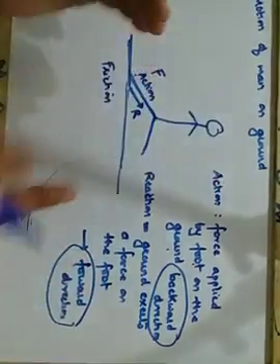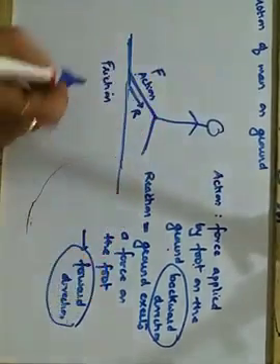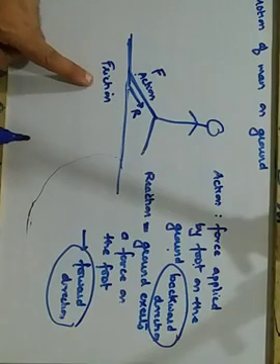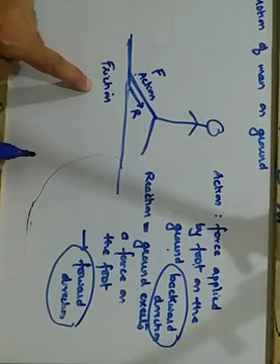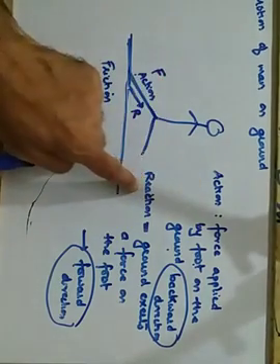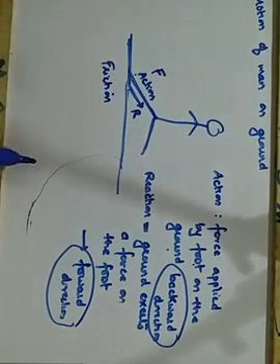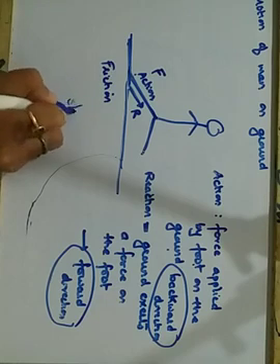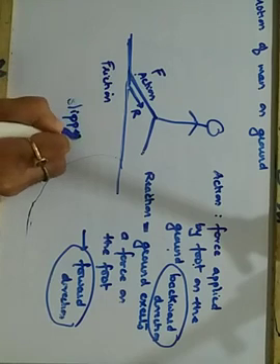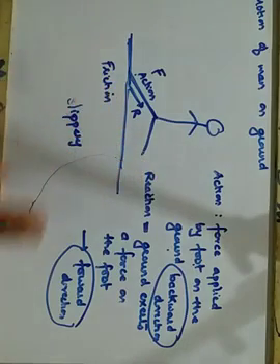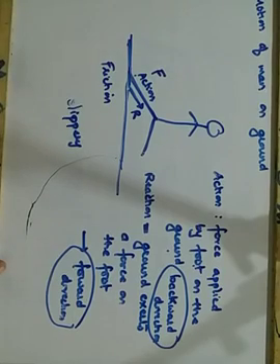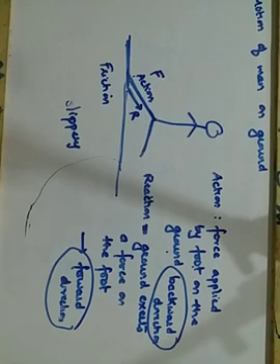Action can happen, but whether there is a reaction or not depends upon the surface. Since there is a friction, the ground surface is rough. Since there is a friction, action happened, and for that there is a reaction. But if it was a slippery surface, then this action and reaction could not have taken place. The person would have slipped down. Getting it? This is how the motion of a man takes place on the ground.